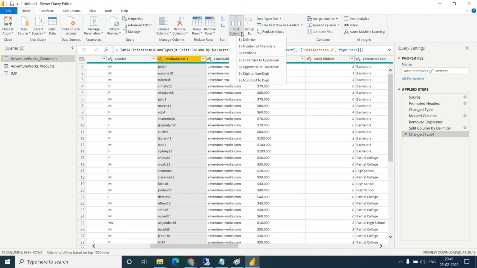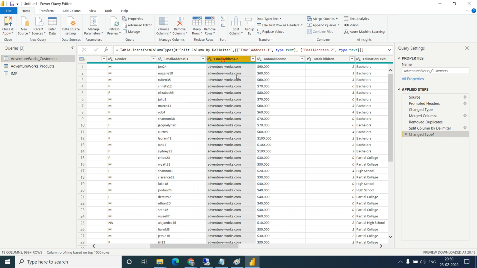Let's say I want to split this data again. Let's say this is the email ID now. I want to separate the .com. The dot should not come here, only com will come separately, and adventure work will come separately. How to separate this?